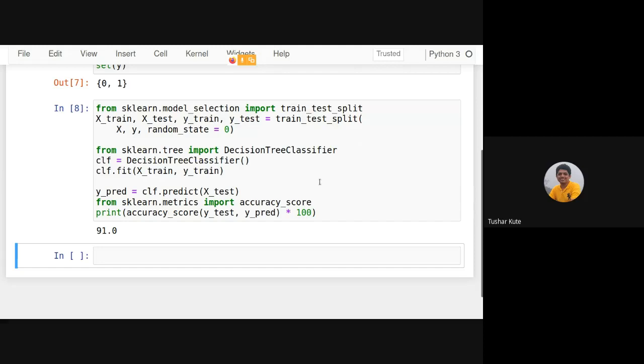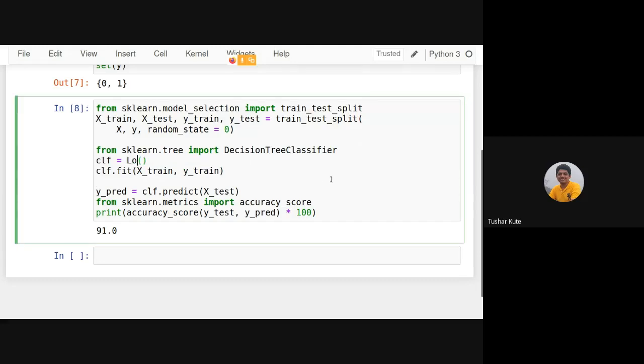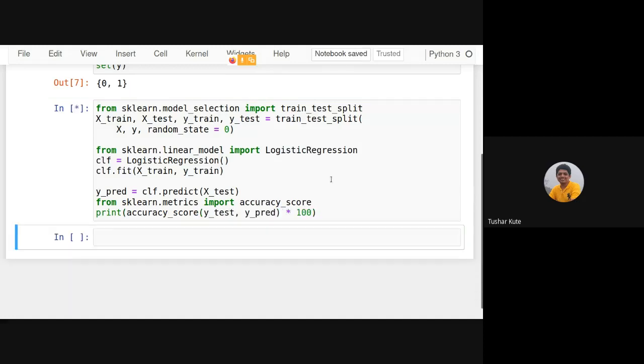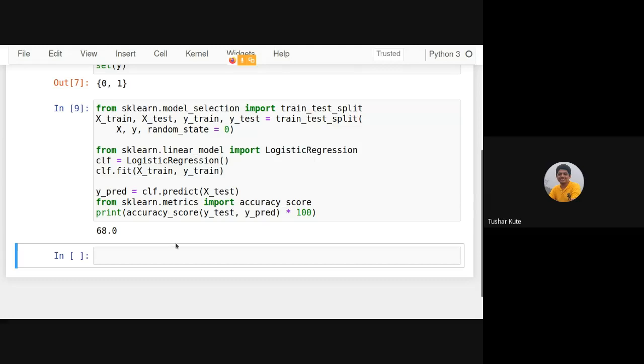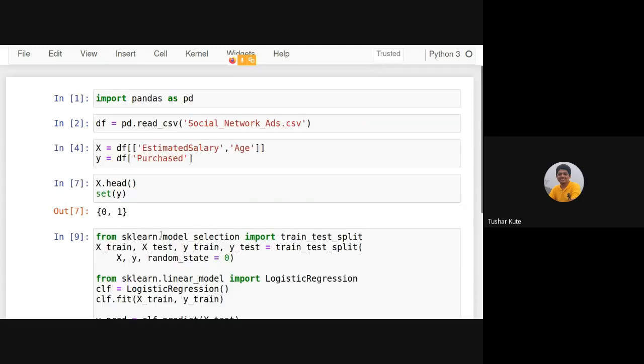Okay, and for logistic regression it is coming 68% only. So why has this happened, that we'll see. The algorithms which are based on probabilities, which are based on some Euclidean distance formulas, generate the result based on the magnitude. So 68% is there for logistic regression. What has happened? Because the ranges of both of these are different.